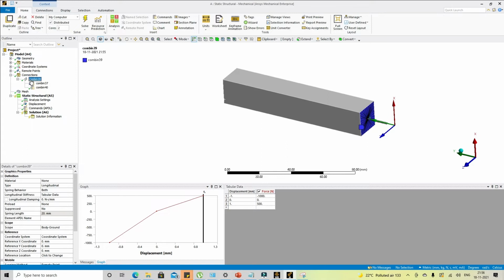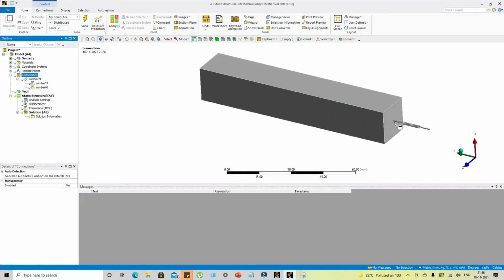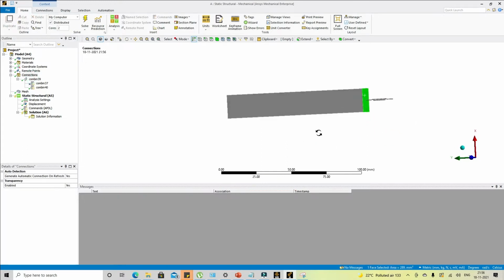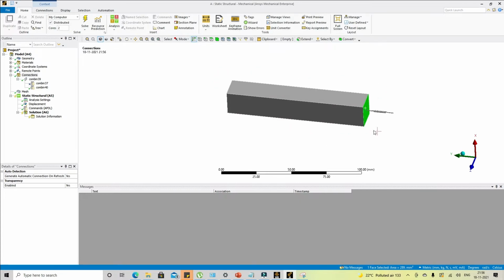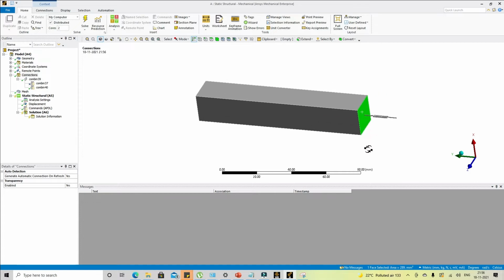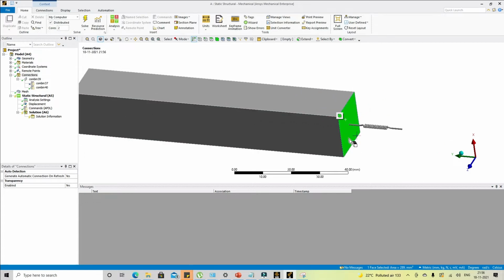If we look at this geometry, by default, for any solid element we are creating in the model, all nodal coordinate systems will be aligned with the global coordinate system.